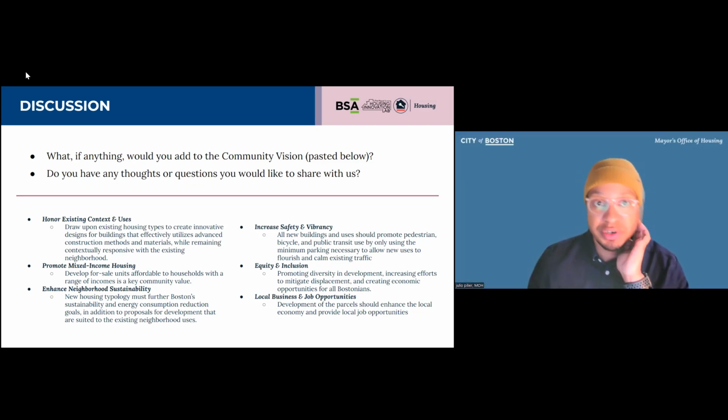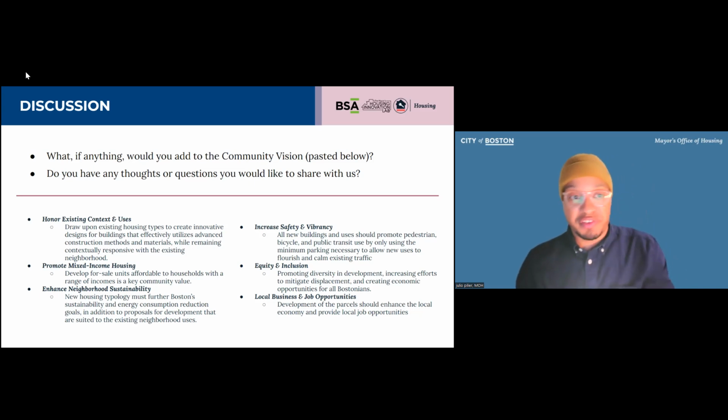So one thing that we're trying to do with this RFP is provide direction without being prescriptive. We know we want to get affordable homeownership, and we want to make sure that we can do that in a way that is not all affordable. So not all the units will be affordable.